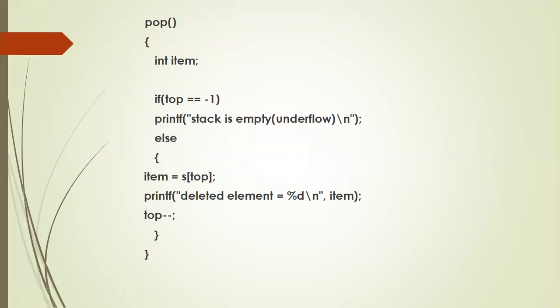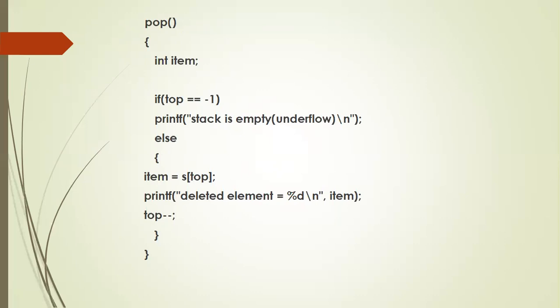Go backward. Next time also choice equal to 2, meaning empty is not there. Remove the element from S of 3. S of 3, what is there? 40. Item becomes now 40. Display the element, top is decremented. So it becomes 2 now. Next time also empty is not there. Remove the element from S of 2. S of 2, what is there? 30. You copy 30 into item. So item becomes 30. Top is decremented. So top now becomes how much?